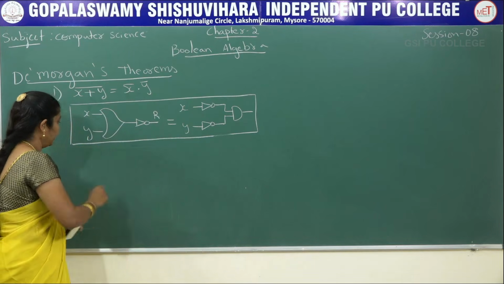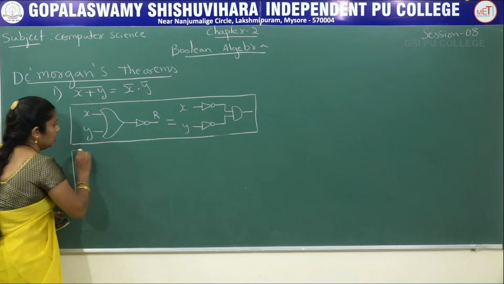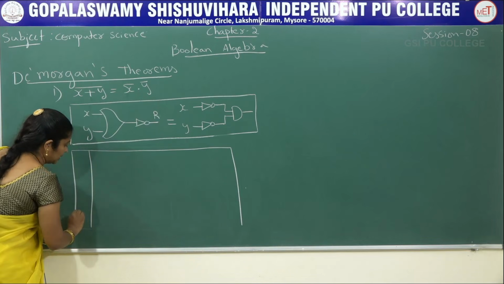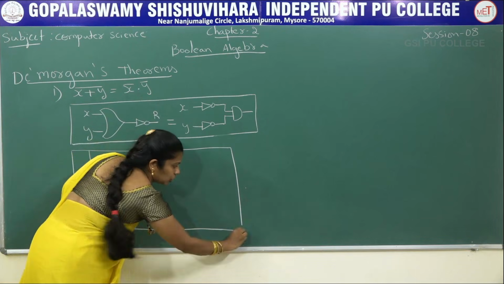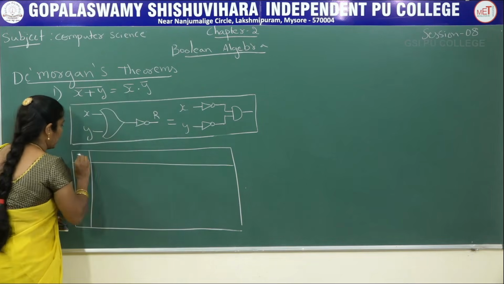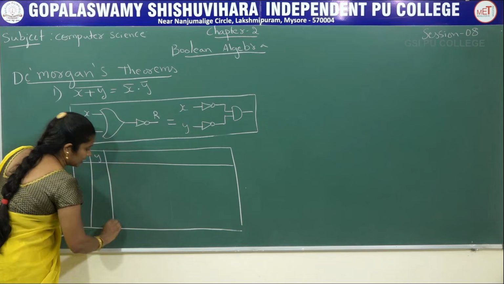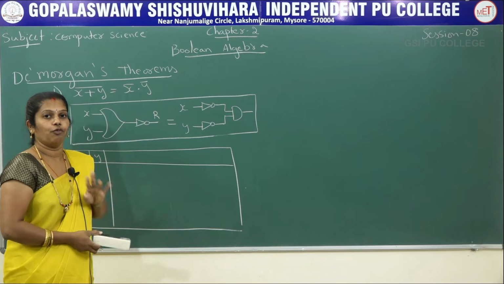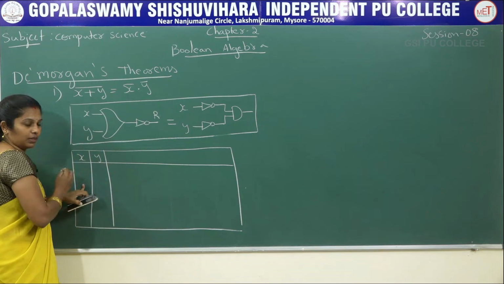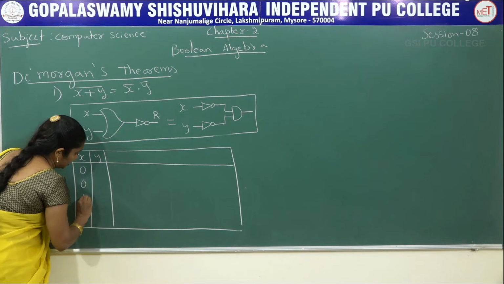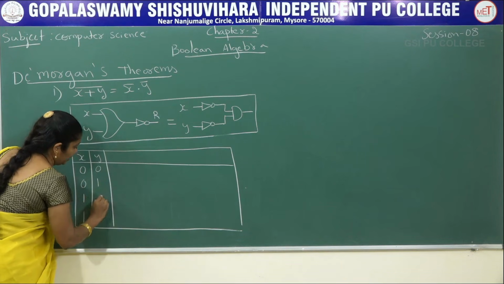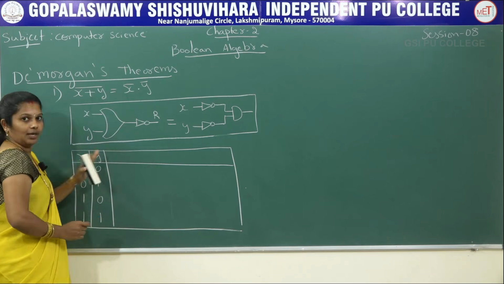Next I am going to explain the truth table. In this truth table, first you have to check how many variables there are. Here we have 2 variables, one is x and one more is y. Only 2 variables means only 4 different combinations. To represent the 4 combinations, write 2 zeros and then 2 ones for x. Next for y, write down 0 1 0 1.